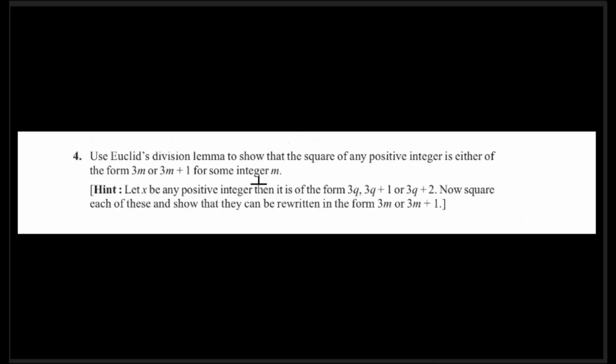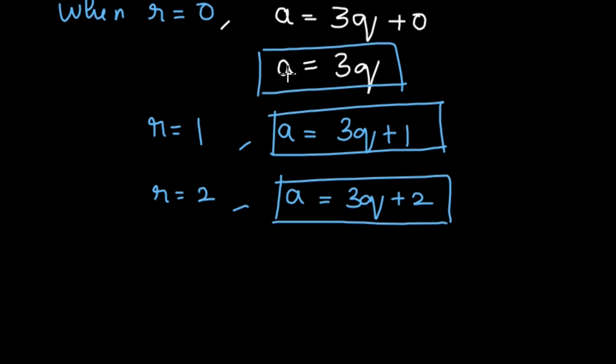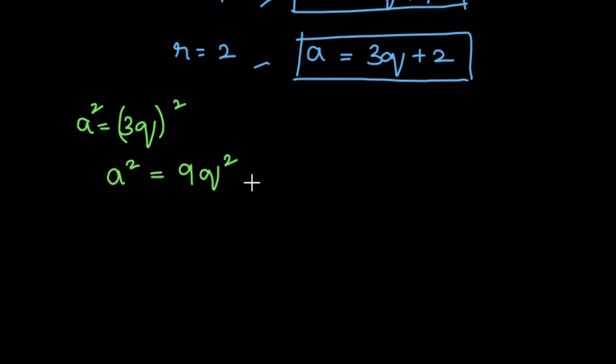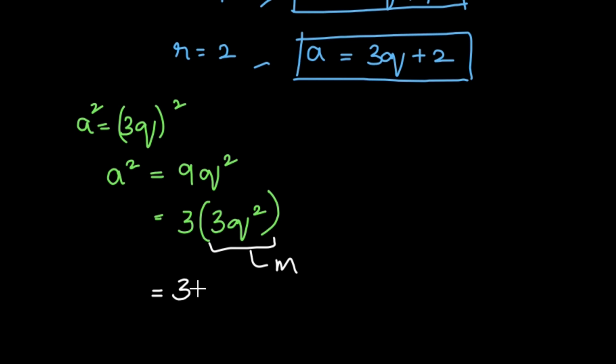नेक्स्ट स्टेप, क्वेश्चन में दिया गया है दैट वी नीड टू शो दैट द स्क्वायर ऑफ एनी पॉजिटिव इंटीजर। अब ये नंबर को हमें स्क्वायर करना है, दैट इज ये नंबर a इक्वल्स 3q, वी नीड टू स्क्वायर इट। अगर हमने स्क्वायर किया वी गेट a स्क्वायर इक्वल्स 3 का स्क्वायर क्या होगा 9, q का स्क्वायर q स्क्वायर, दैट इज हम इसे रीराइट कर सकते हैं 3 मल्टीप्लाइड बाय 3q स्क्वायर ऐसे। अब हम क्या करेंगे, इस होल टर्म को m बना देंगे। अगर ये होल टर्म m है वी गेट 3m, दैट इज a स्क्वायर इक्वल्स 3m।